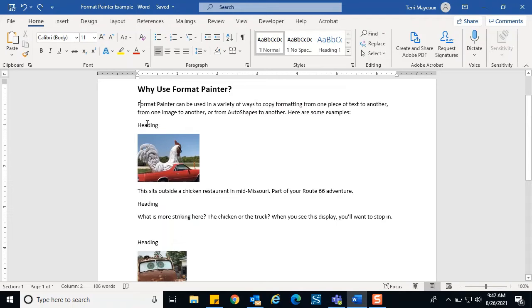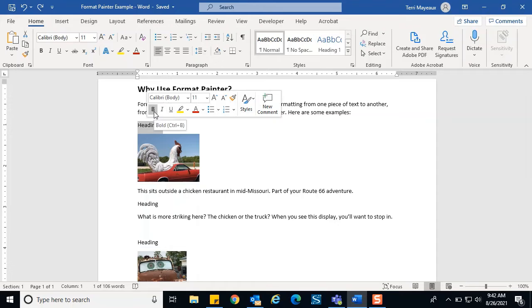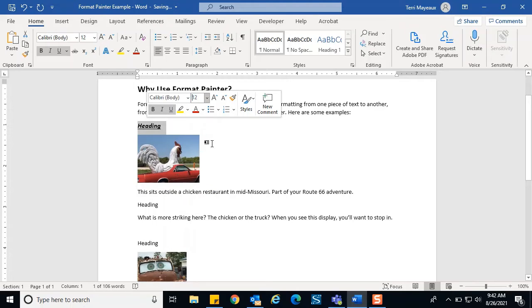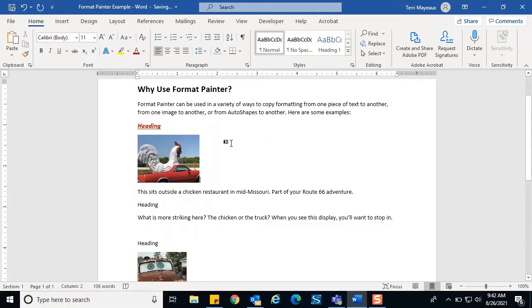Well, let's start with the heading, and I'm just going to select that first heading, and then I'm going to format it. And I probably personally wouldn't do this, but just to make it stand out, let's make it bold and italics and underlined, 12 point, so it's a little bit larger than the regular font. And let's go with red to make it stand out even more. So let's say that that is my heading style, and I want to take that heading formatting and copy it throughout my document. Well, if I only have one more heading, what I would do is click where I've added my formatting,